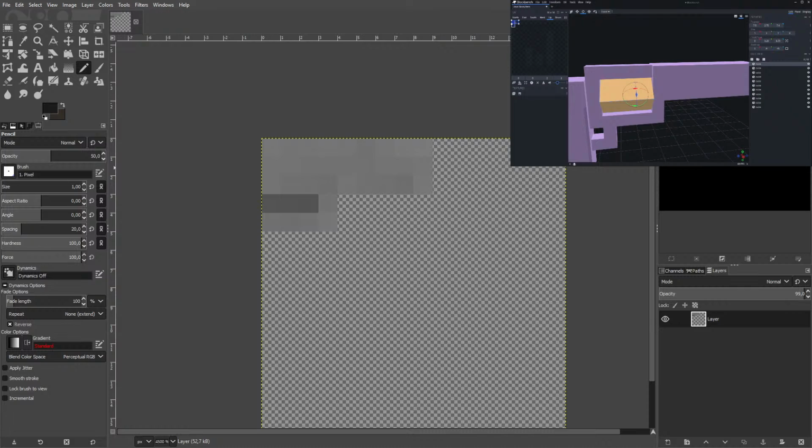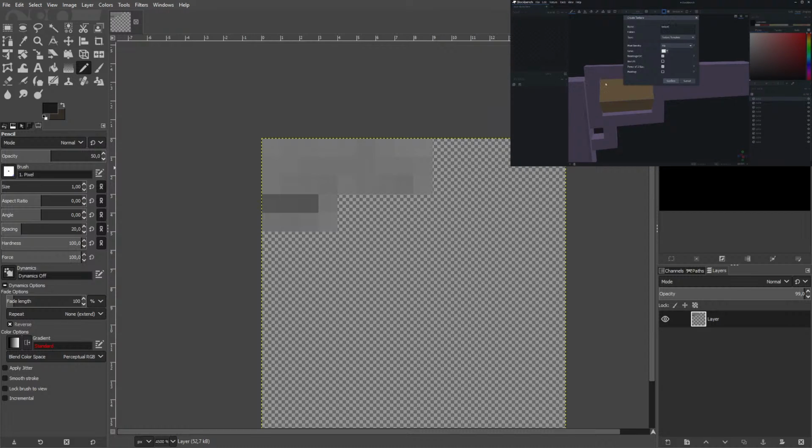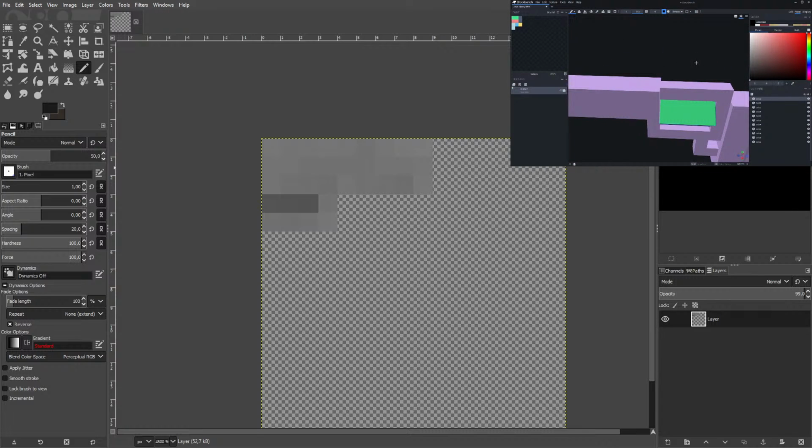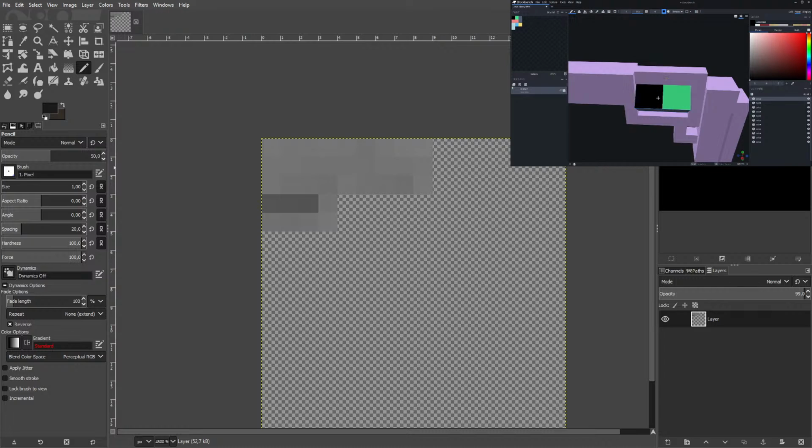Yeah, I can create a texture inside of Blockbench. I never really do that. I wonder why, actually. Should we just try that? Create texture. Don't know why, I've never done that. Yeah, okay. But I need to